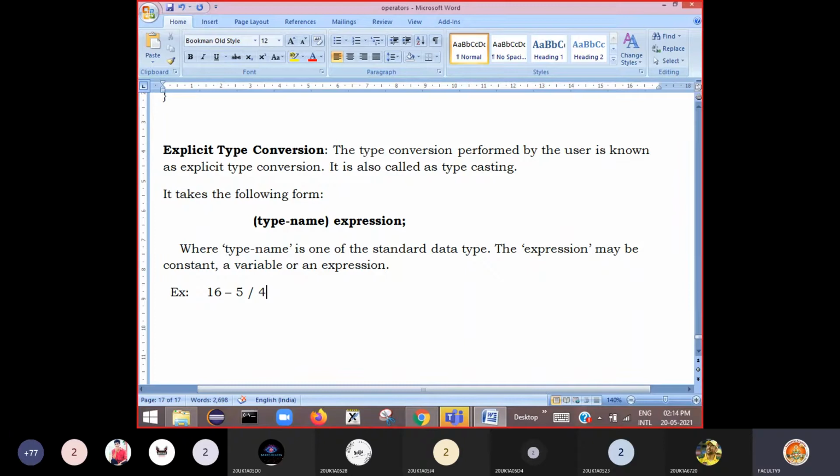Assume I have some expression like this: 16 minus 5 divided by 4.